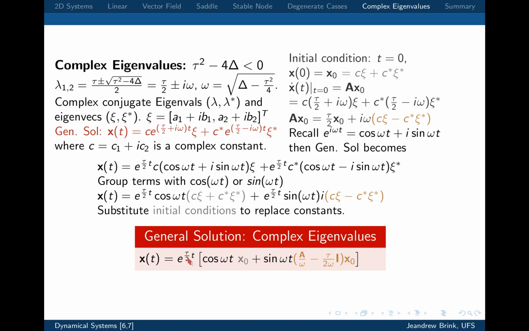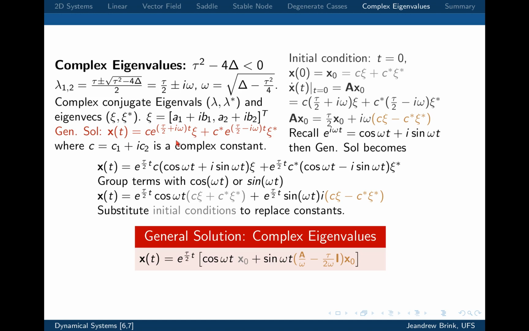simply e to the tau over 2 t times cos omega t x0 plus sine of omega t times A over omega plus tau over 2 omega I times x0. Okay, so when you're dealing with complex eigenvalues, you could either use this expression for the answer, or you can go systematically through and derive it again, if you only want to remember this